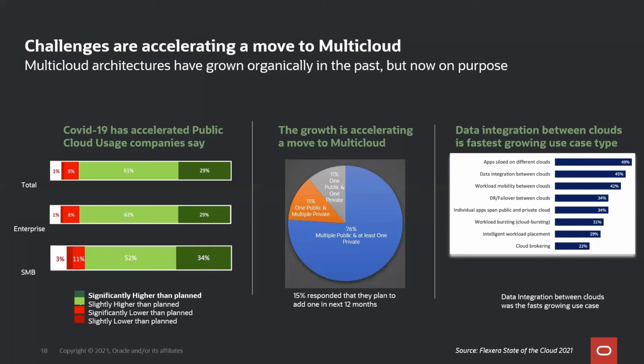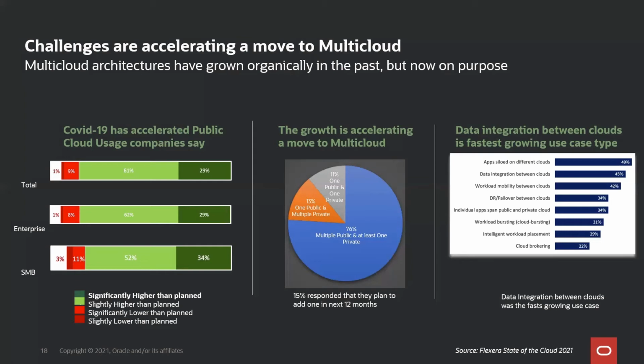Oracle obviously has had a tremendous amount of success with all the data points that Michael provided around converged database and bringing that into the cloud. We offer a very compelling use case for running and managing data on OCI and then connecting that data to an app tier on another cloud. Which brings us to the last point here. The data integration between clouds is the fastest growing use case within a multi-cloud environment.